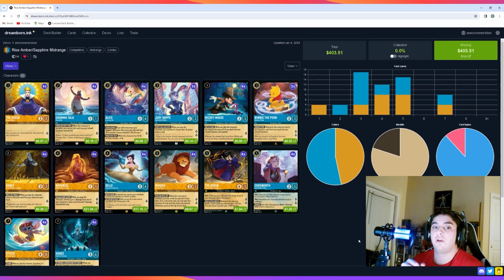Today we are trying Amber Sapphire Midrange. Now, this is a relatively unexplored color combo in the Rise of the Floodborn meta, but I definitely think there's something here. The game plan for this deck is to accelerate into Mufasa or Cogsworth, hopefully on turn 4, with